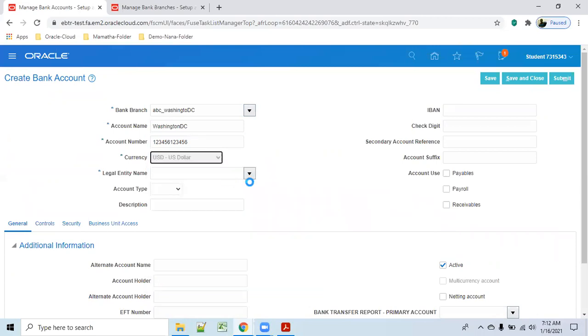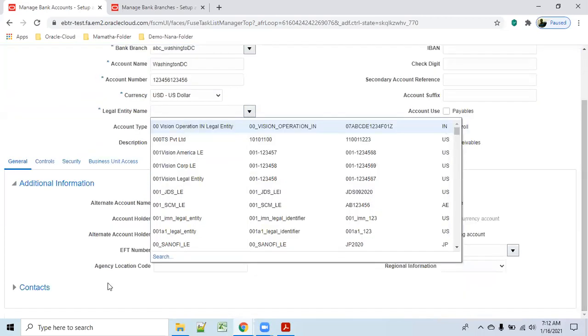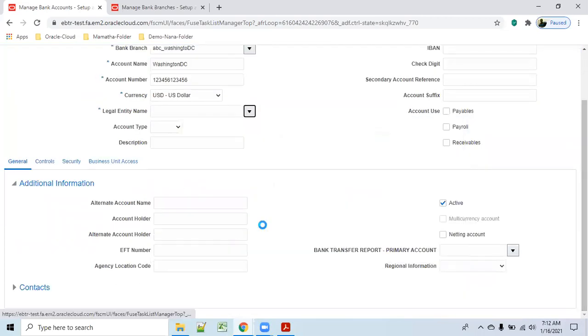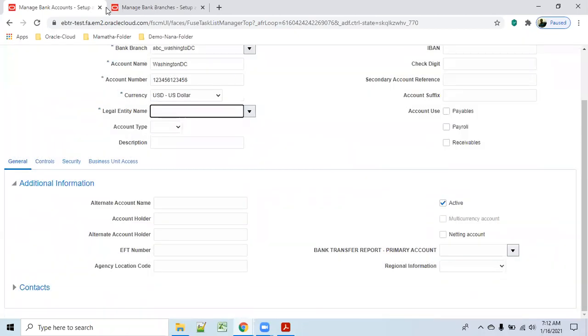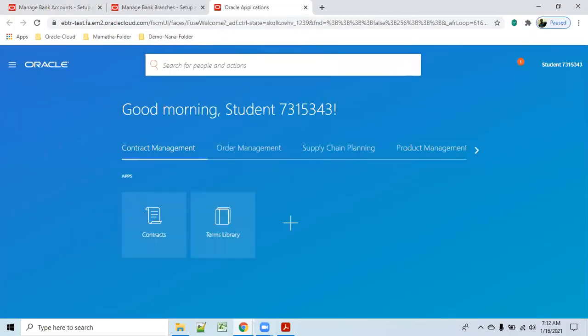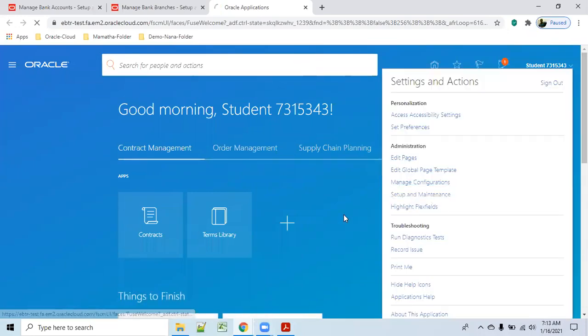Currency. Legal entity. This is important. Under which legal entity is our particular BU there? You have to know that. You can't give another one. So how to find out?